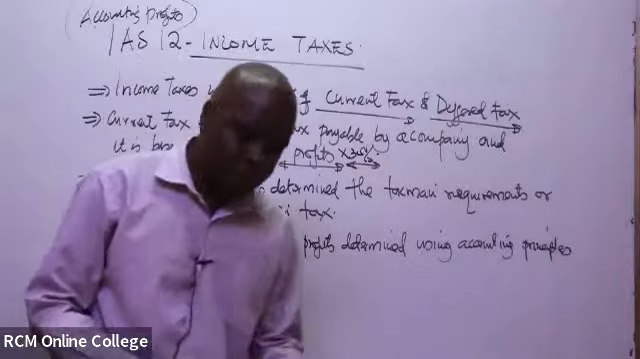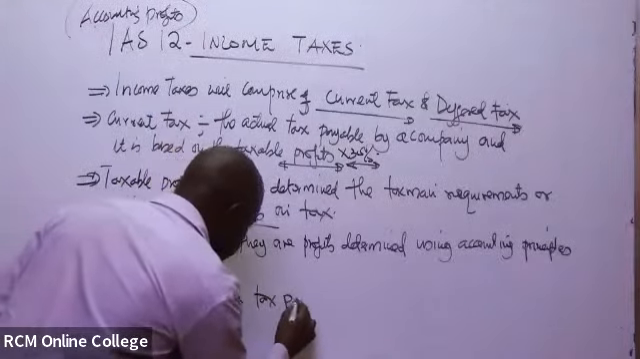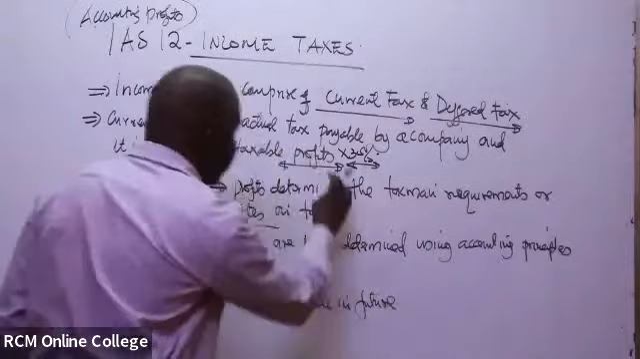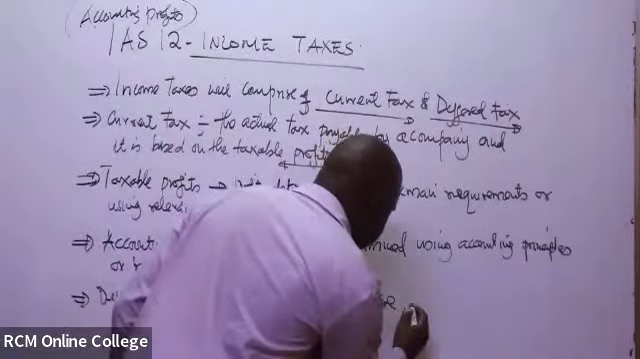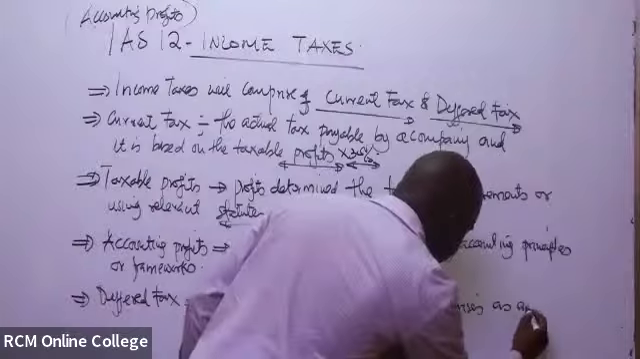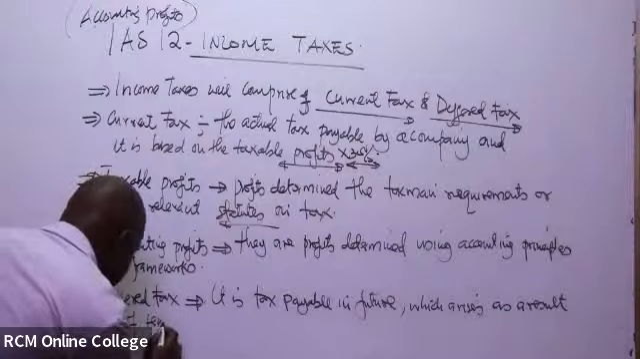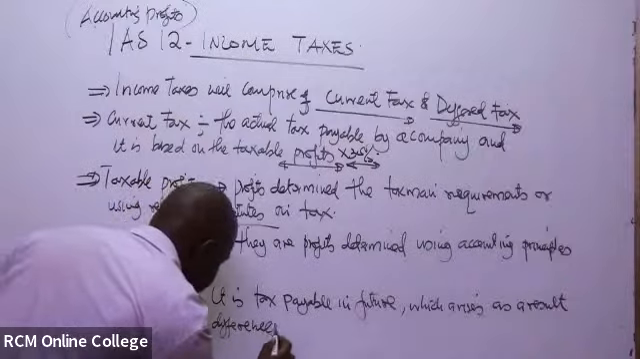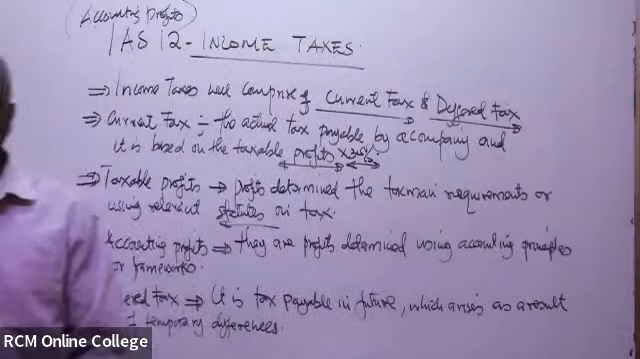So it is tax payable in future, which arises as a result of temporary differences. You'll pay it in future. Remember, the current tax, you are paying it in the current year. It is tax payable in future, which arises as a result of temporary differences. So in this case, the reason why you're having to focus on IAS 12 Income Taxes is that the profits you get under accounting